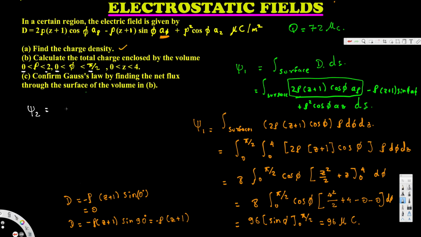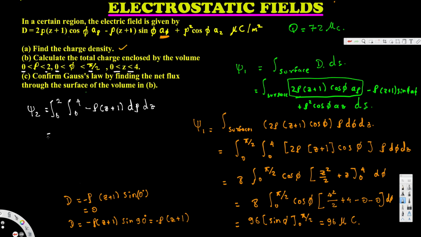Now let's go ahead and do the integration. 0 to 2, 0 to 4. So we just do the integration with respect to the other two when we take the phi component. Okay, negative rho c plus 1 d rho